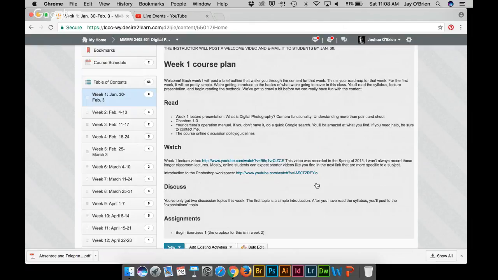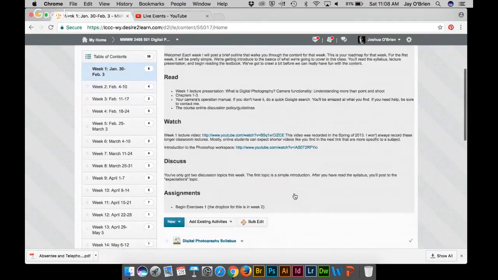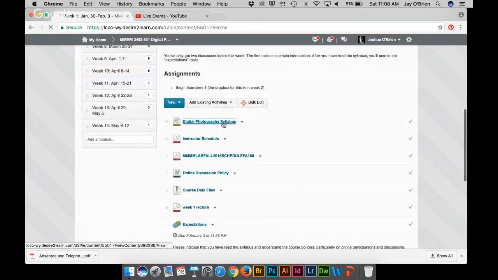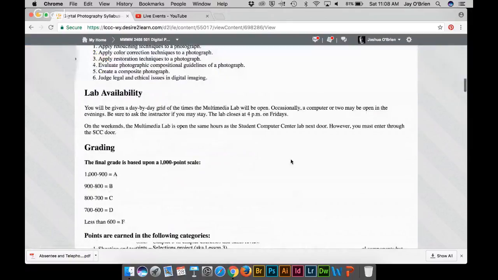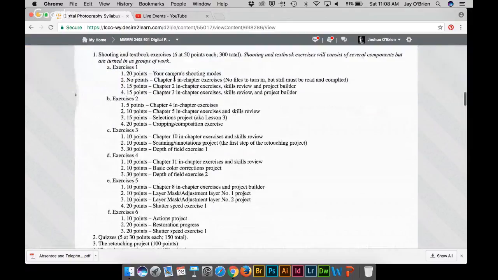The way I do things is I group assignments, and if we look at the syllabus here, I'm going to go ahead and jump into the syllabus, which is right here in the week 1 content. And let me come down to where the assignments are, and then I'll jump back to the top. You can see here, this is exercises 1. So there's actually several things that you need to do as part of exercises 1. So instead of creating